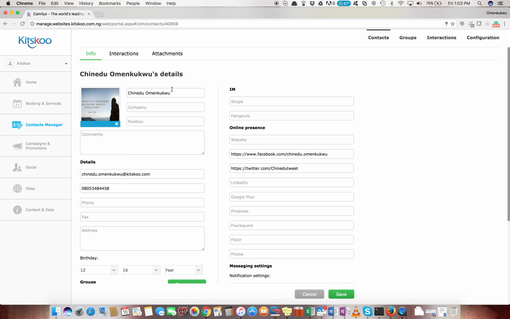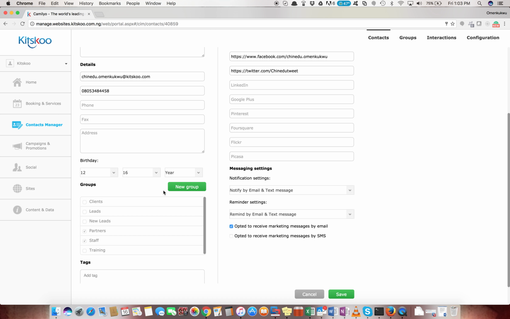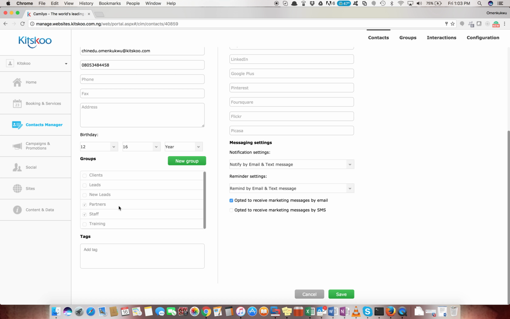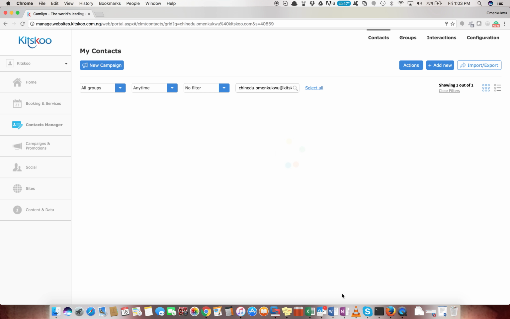and you can see his name here. I didn't include a company, but I have the phone number, I have the birth month and day. You see the groups we've kept him in. We have his Facebook and his Twitter handles, and that is just about fine. So